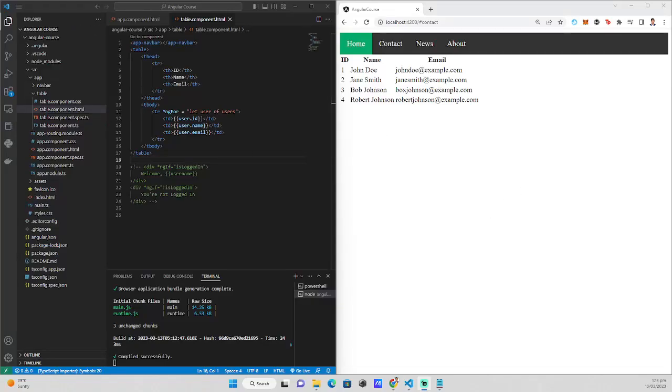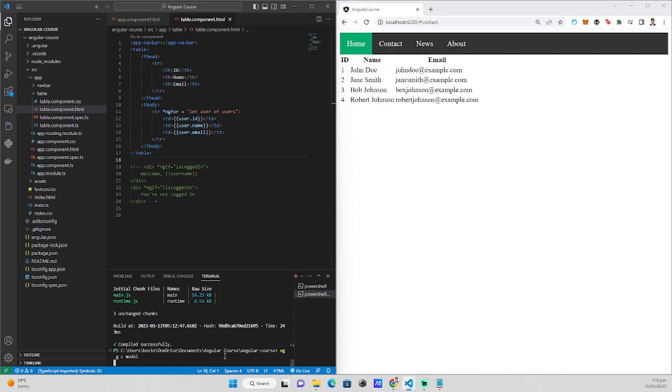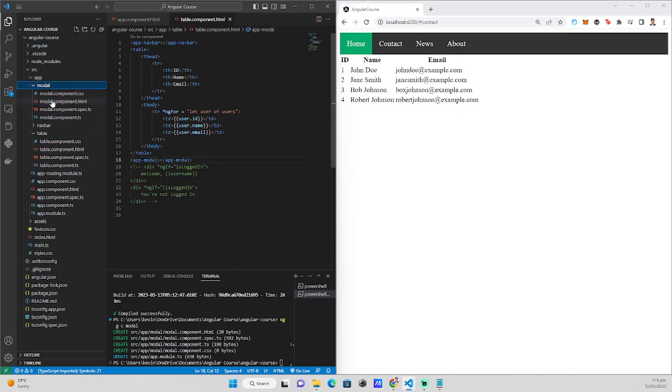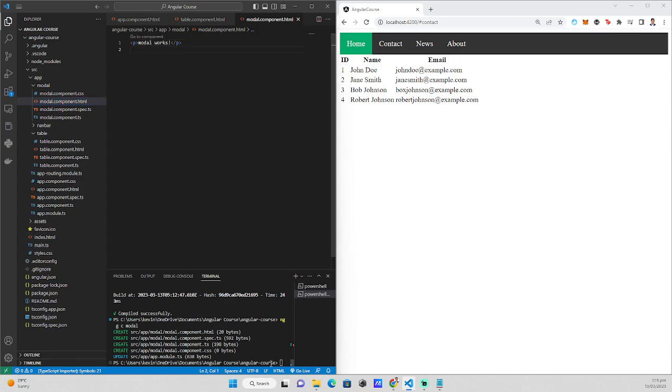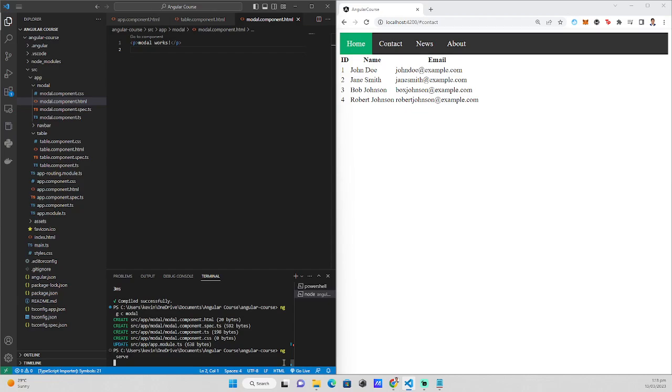And now as an example for a much better view for ngIf, how to use it, we will generate a new component. It's called ng generate component. Let's call it model. We will try to click a button and see if it displays a model. App dash model. We save it. Then here we can see that the model is not working because our server is still not running. But if we run our server,